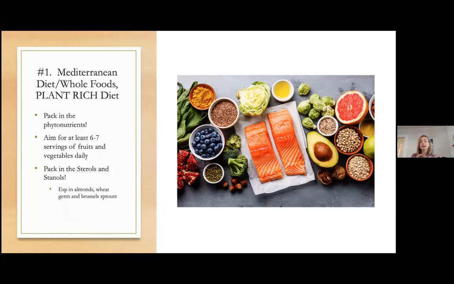By eating a plant-rich diet and packing in lots of vegetables, when we go to sit down to eat, our first thought should always be, what kind of plants can I get? Whether it's a whole grain, leafy greens, nuts, seeds, vegetables or fruits. We want to have more vegetables than fruits. They also contain something called sterols and stanols. These are compounds that can prevent your body from absorbing cholesterol, so they're helpful in maintaining low cholesterol levels. All kinds of things that these plants do.